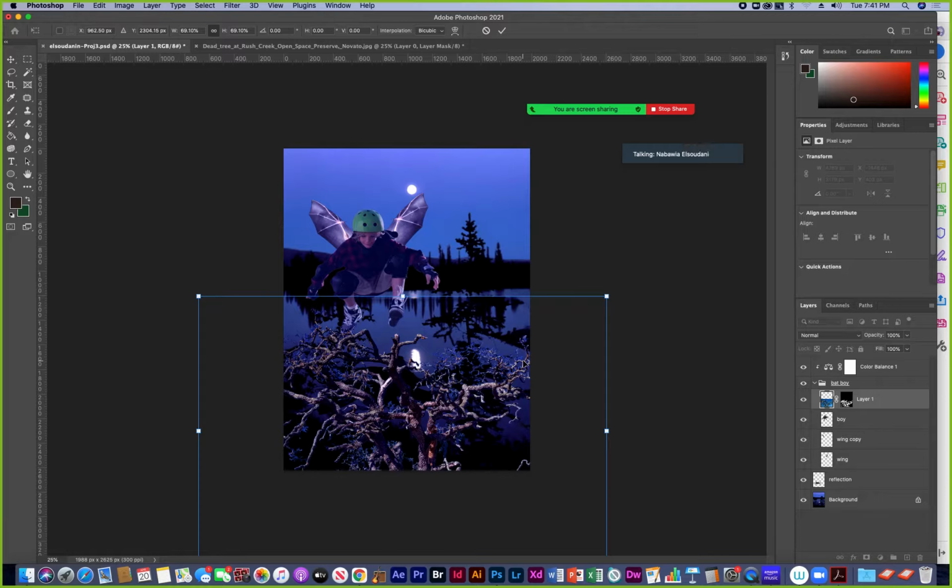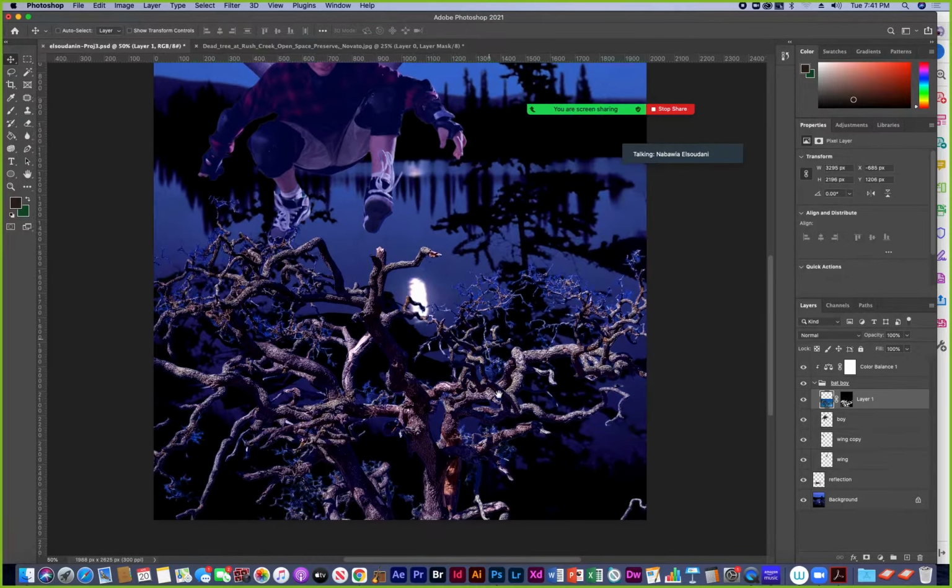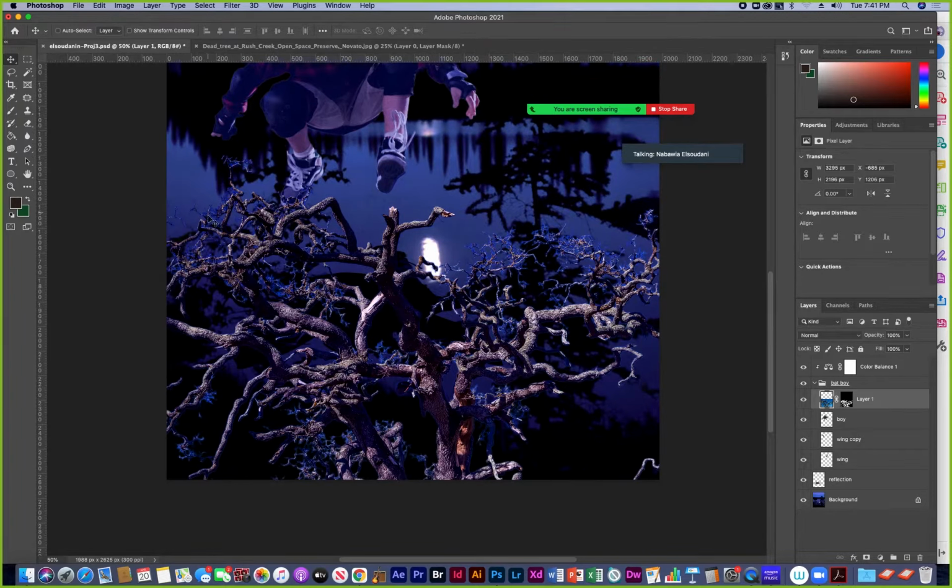So then I'm just going to press return to apply that, and then you just zoom in and look at how it looks, and I can still continue to edit by selecting the layer mask here and going back and forth and editing. But once I'm happy with it and I no longer need the layer mask, I could remove the layer mask. So if I drag the layer mask to the trash,